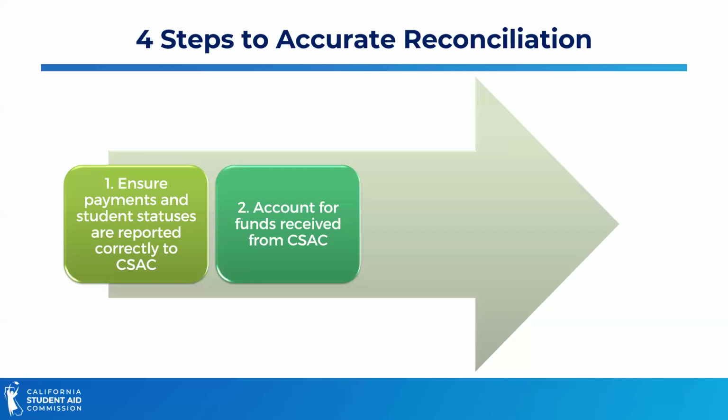Accounting for funds received. So some campuses in years past, remember that we were giving advanced funds. In the 25-26 school year, that did not happen just because of budget reasons. But in future years and in past years, certainly advanced funds were a regular practice. So schools would start the school year with some money in their quote bank, CSAC money, or Cal Grant money. Now in 25-26, since we didn't do a funds advance, what we did do is supplemental payments. So every time schools report a payment on their roster, that triggers our state controller's office to then generate those funds and electronically transfer them to the school.